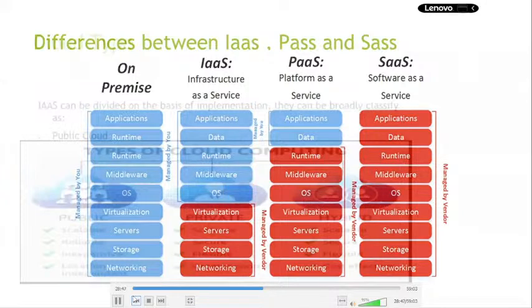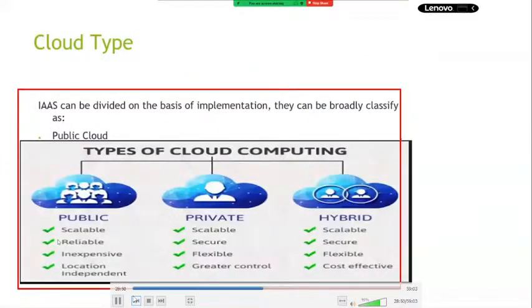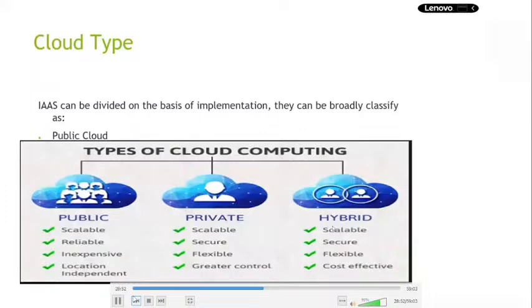Okay, next. So these are the types of cloud. What are the types of cloud? One is public, private, hybrid. What is the public, guys? Generic term, right? What is the public? Accessible by all. The resources that can be accessed from anywhere in the world are called public. Do you agree? I am repeating.